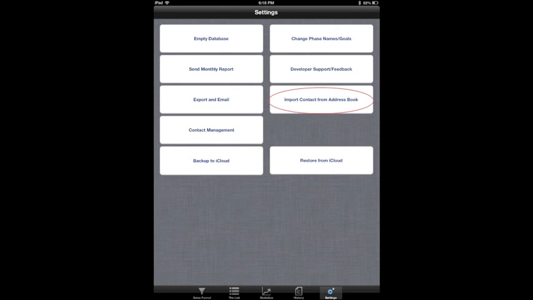Import contacts from address book. Are your contacts already in your address book? Import them here. Contact management. Import the wrong contact or create a duplicate? Delete them here. Note, this will not delete the contacts from your address book on the phone if you imported from there. iCloud backups and restore. Ideally, this would happen automatically, but occasionally there are issues, so here are the tools to get it done the good